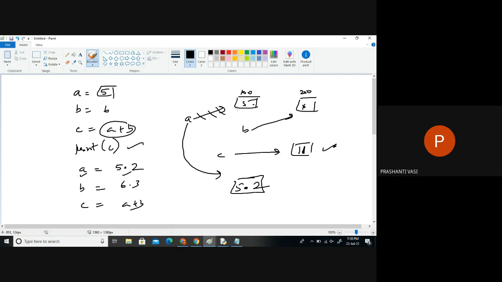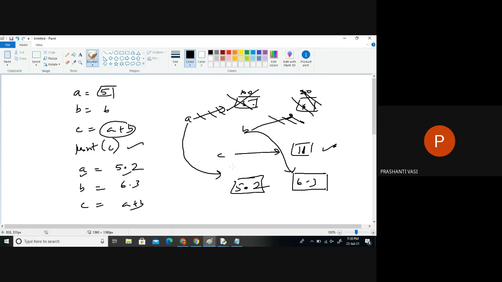And after that, the old data automatically gets garbage collected. Similarly, we said 6.3. So 6.3 is also new data, not the same data, so it's loaded once again. Since B is reinitialized, it points to this and the old link is broken, and then it is garbage collected.